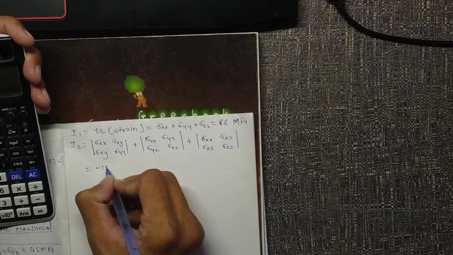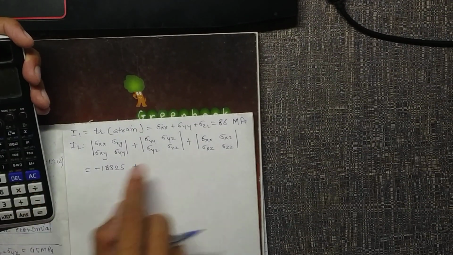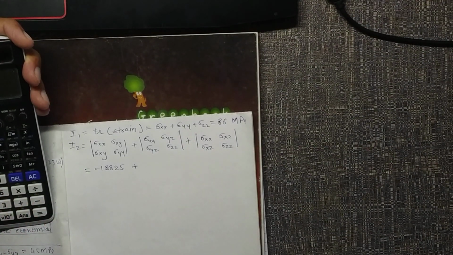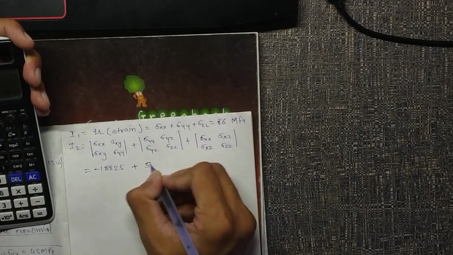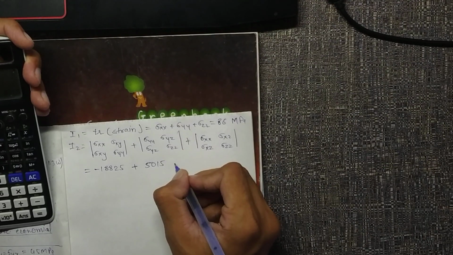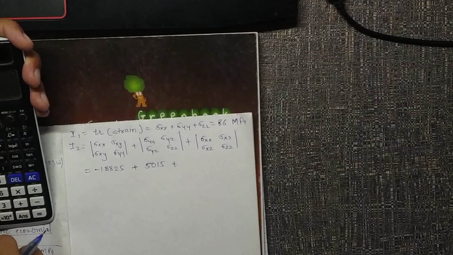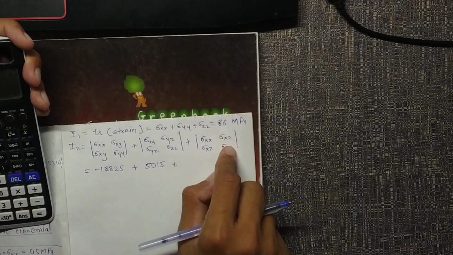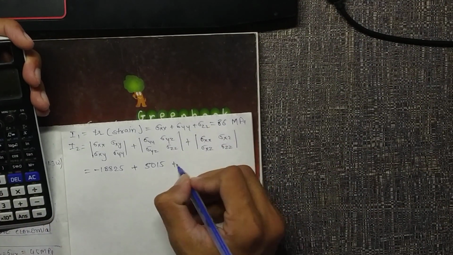So this is minus 18825, plus yy zz, that is 140 into 66 minus yz square, so minus 65 square, sorry, that is 5015, and xx zz, minus 120 into 66 minus xz square, 25 square. So minus